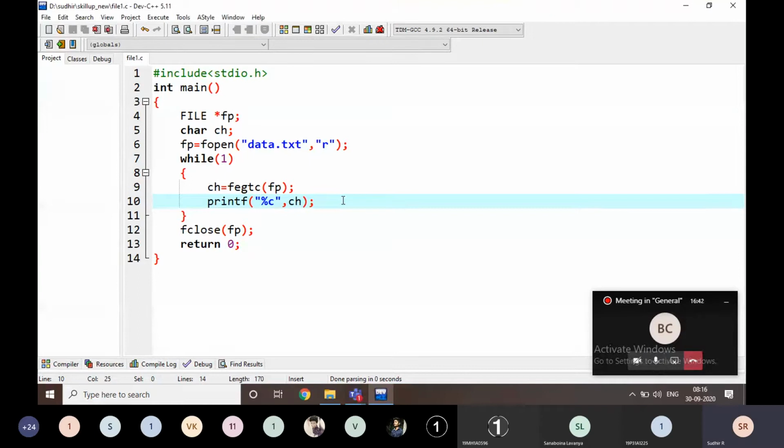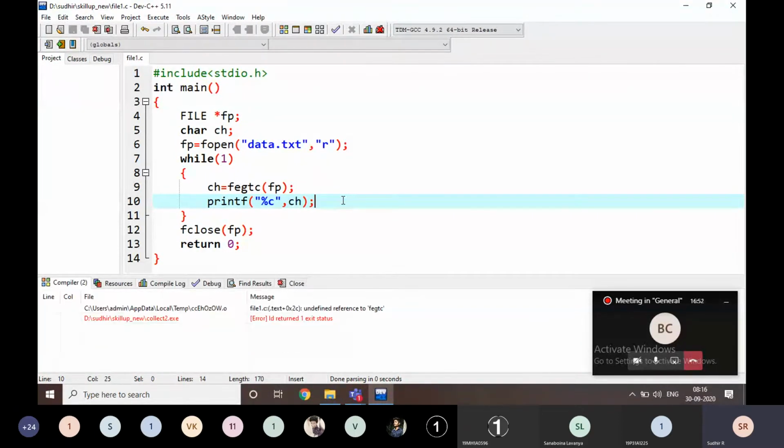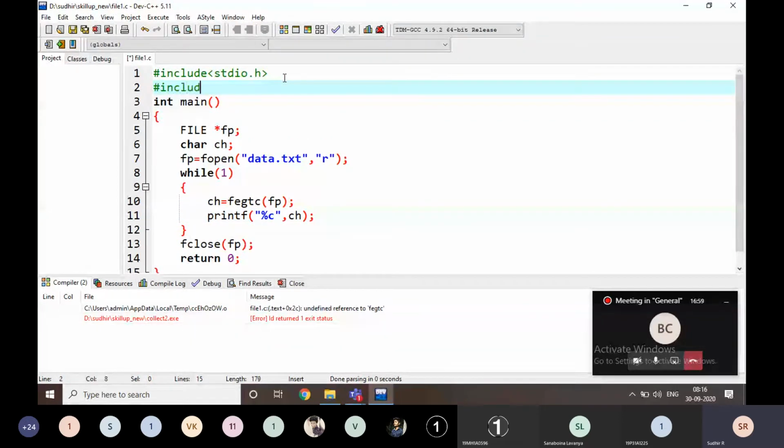Okay, for example, I am going to execute it, but where do I have to stop this? It is an infinite loop, right? It is going to be executed like this. I just missed fgetc, the dot h. It is not giving any output. Oh, sorry, there is a spelling mistake in getc, right?